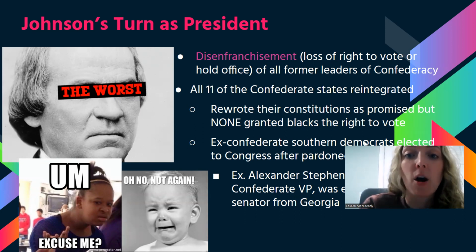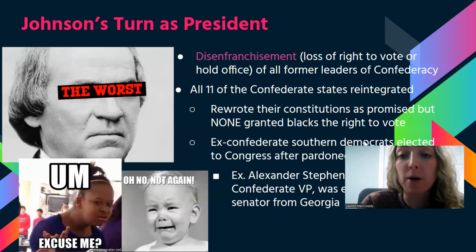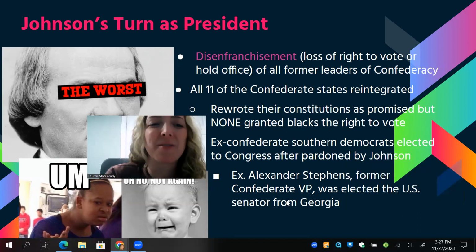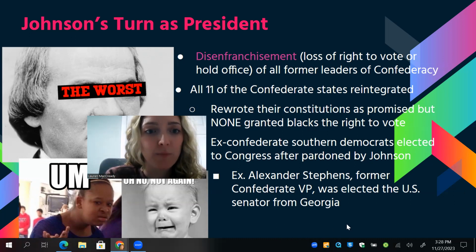But as states are rewriting their state constitutions to allow Black Americans to become citizens, none of them are going past that. None of them are giving them the right to vote or anything like that. And then Johnson, it feels like he starts to switch his allegiance to the South. Even though initially he was loyal to Lincoln and loyal to the Union,